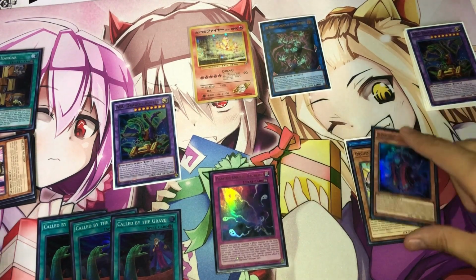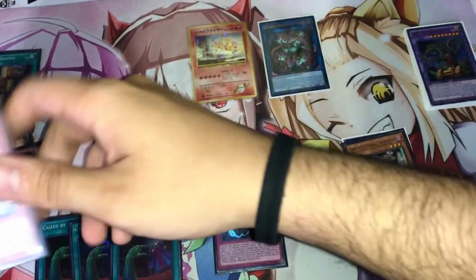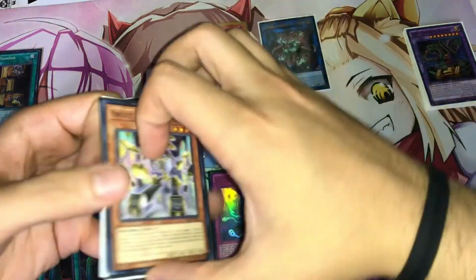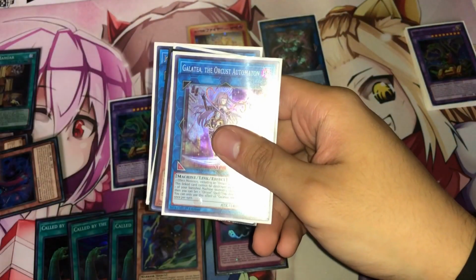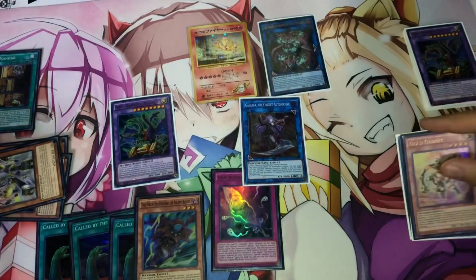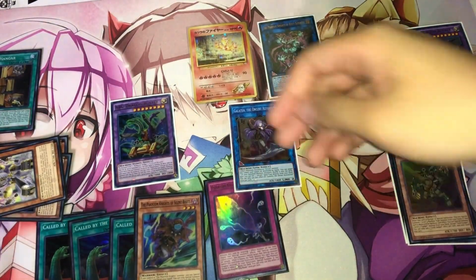Okay. Then you're gonna activate this, banish itself, to summon to search your Boots from your deck. Then you're gonna activate Symbol Skeleton to banish itself. Okay, this is your banish zone. Summon back Galatea. So once you summon back Galatea here, what you can actually do is activate